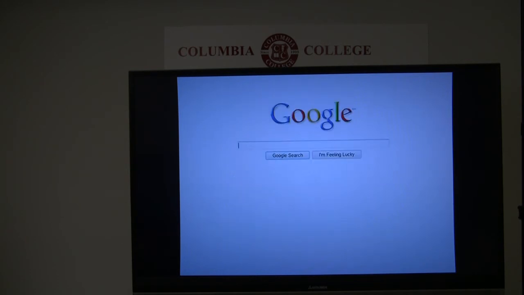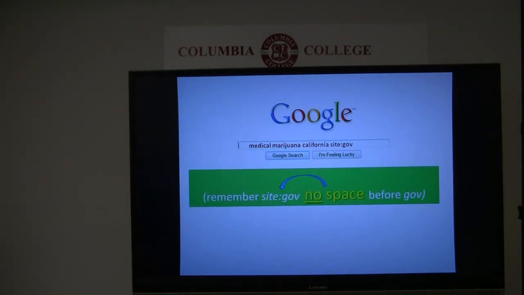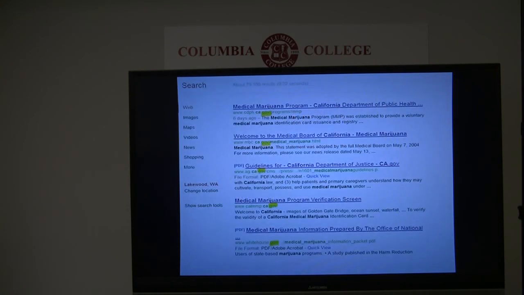Let's try it out. In the Google search box, type medical marijuana California site:/gov to see only government websites. Remember, the phrase is site:/gov with no space before gov. Since you have further narrowed your search, you will see fewer results.